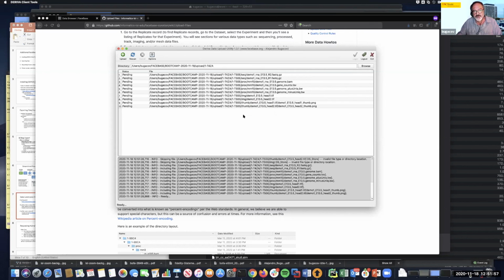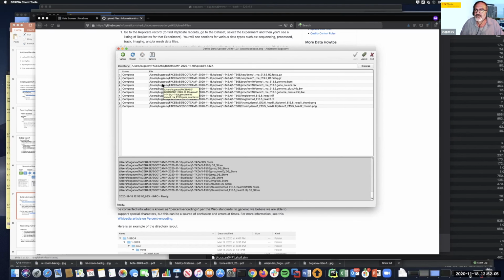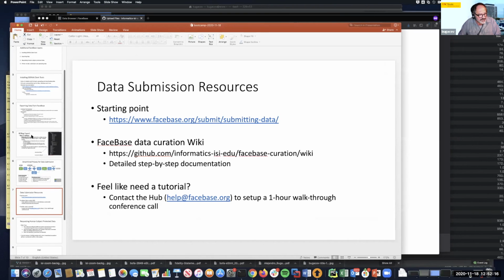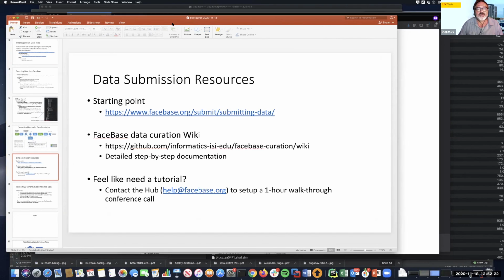And then once you go through that validation phase, you just click upload, and this will upload all the files to the data set. Then if you navigate back to that data set, you will see that all those files have been uploaded. So again, I just wanted to touch very briefly on that. And then if there are no more questions about uploading data,